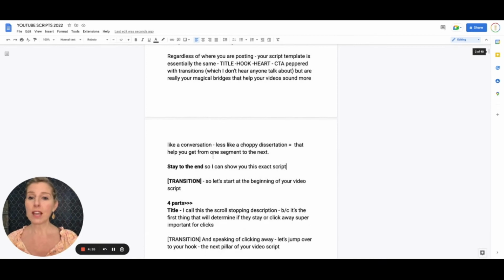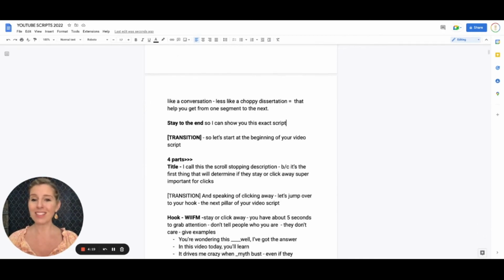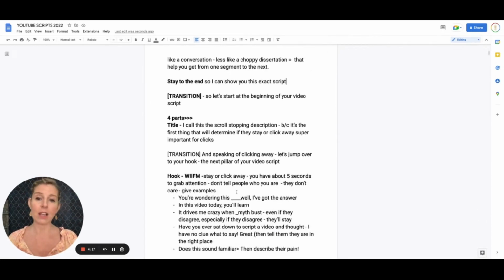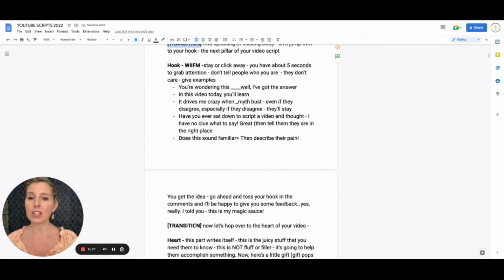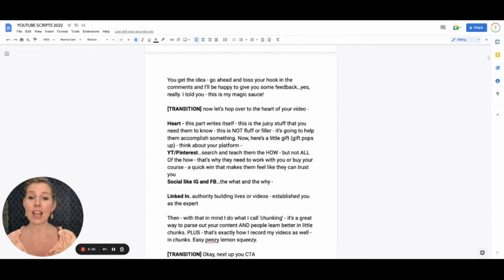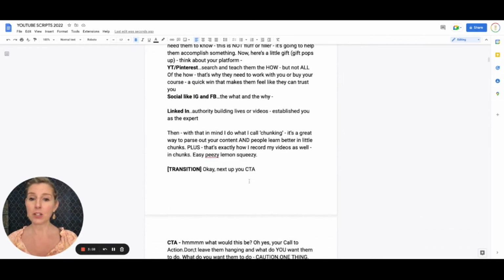Right? Then we move down, and here's what I was talking about, transition. I want to transition to the actual parts of the script. And then this is where I just kind of bullet out. Now, I've been scripting for a while, and so I know what I want to talk about. But notice in between here, I should have bolded this for you, right? Transition, transition, transition to the next piece. This is the bridge I was talking about that gets you from one section to the next section. And then also we want to make sure we have the CTA.